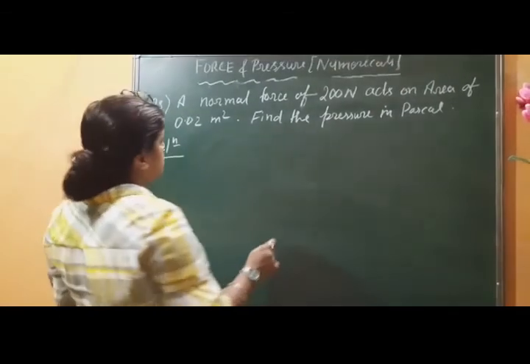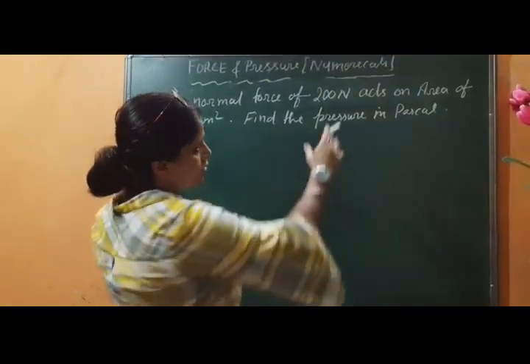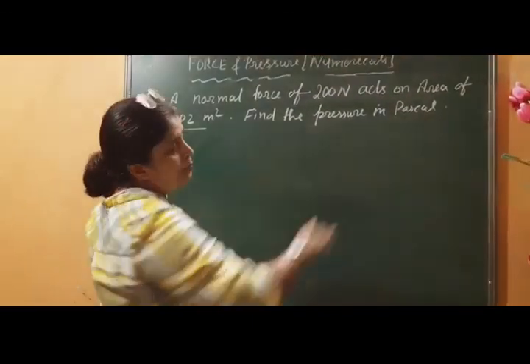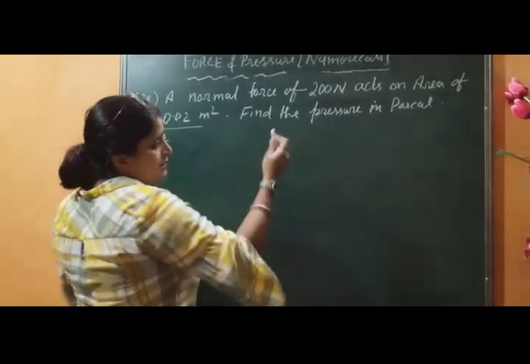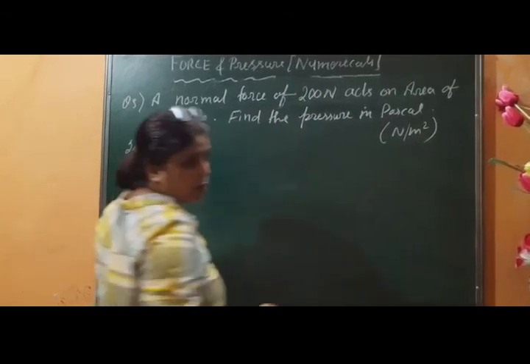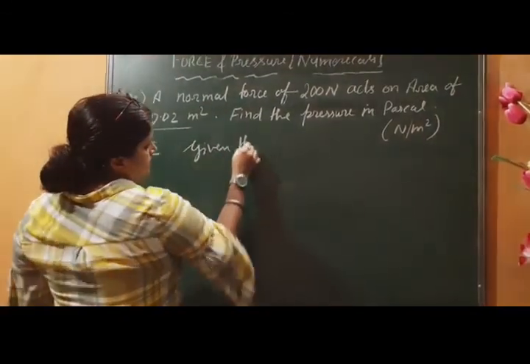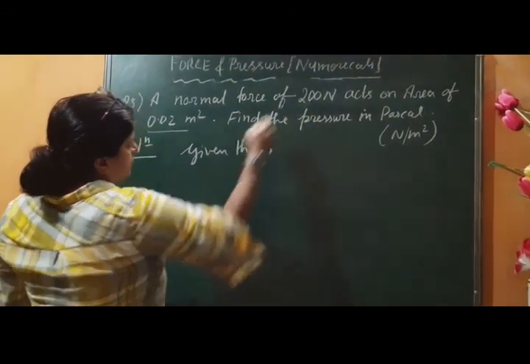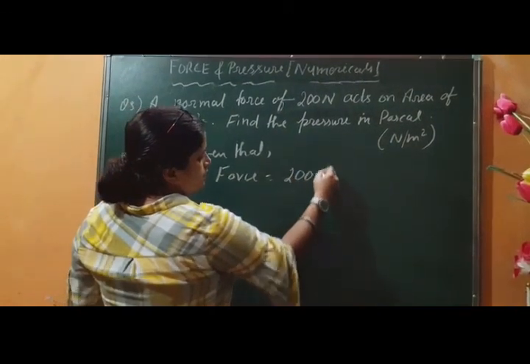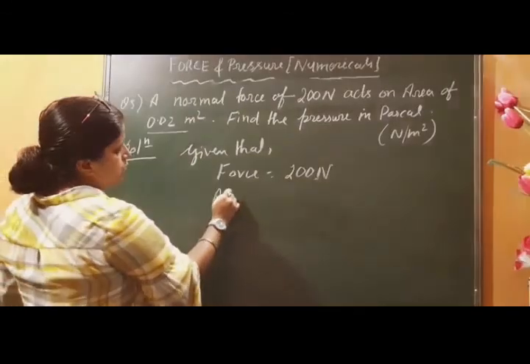Now our next question. A normal force of 200 Newton acts on an area of 0.02 meter square. Find the pressure in Pascal. What is the meaning of Pascal? Pascal means your unit must be in Newton per meter square. Okay. So what is given? It is given that force is equal to 200 Newton. Okay. And area is equal to